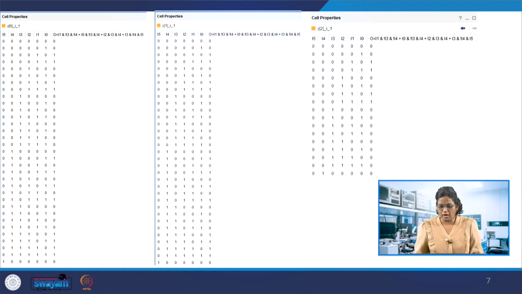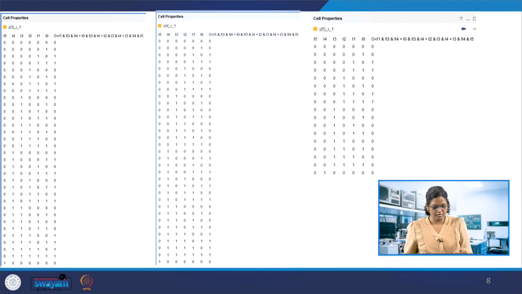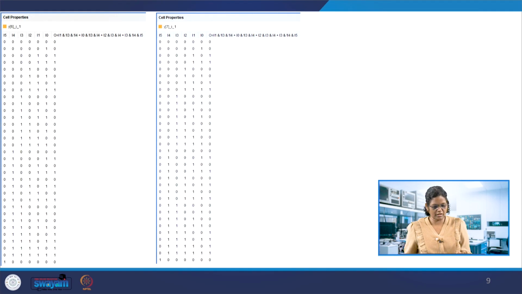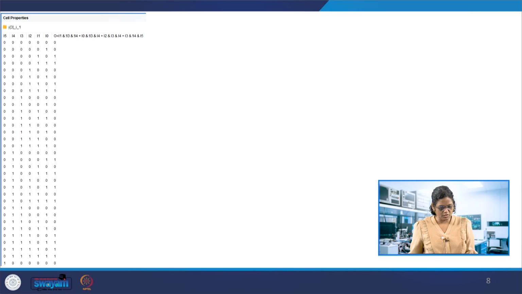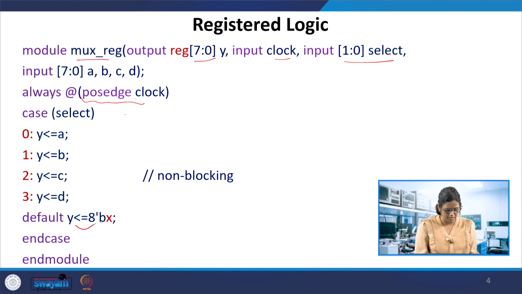Why is this truth table becoming so big? You can see entries 5, 6, 7, and there are 0 to 7, so 8 bits have been decided like this. In the code you can see it also has an 8-bit X as the default. So it needs to consider this X for minimization of the logic. The cells have this truth table considering all X values as unknown, and the default case is considered in the minimization process.